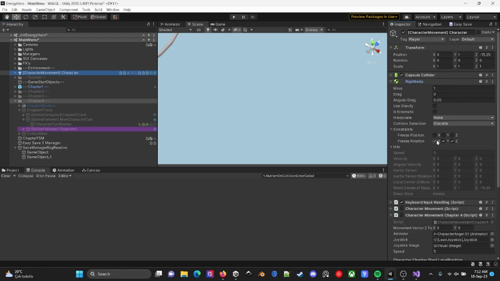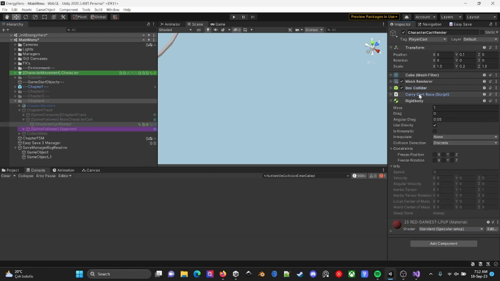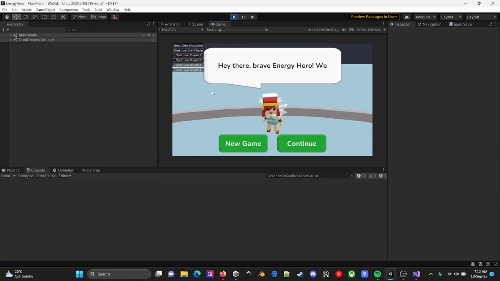Freeze rotation. I do not want any physics happening in there, that's why I will just freeze rotation, and I just chose to use the gravity section in here, and let's retry.